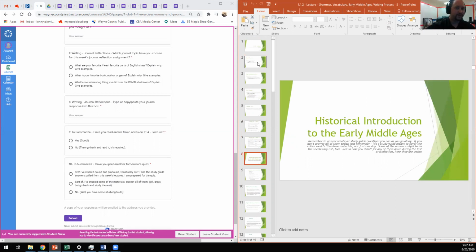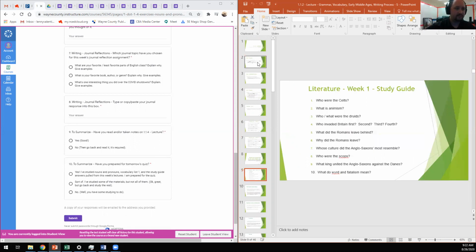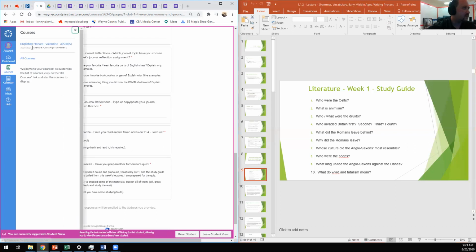Then there's the literature portion. What questions I'm going to ask you on the quiz about literature are going to be related to the study guide. That's another reason I gave it to you. Focus on studying the answers to the study guide, and you'll know what you need to know for the literature portion of that quiz. If you're in an honors class, you might have 5 questions with a small reading passage, but you might not. And that would be related to what we're doing this week, but that's the gist of each week's quiz. And if you feel underprepared for the quiz, if you're not sure if you know what you need to know,